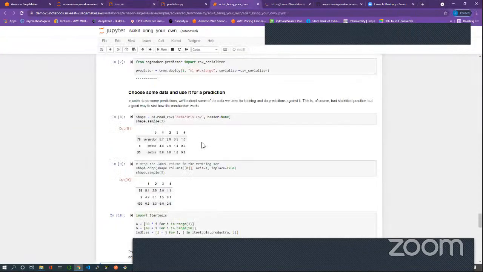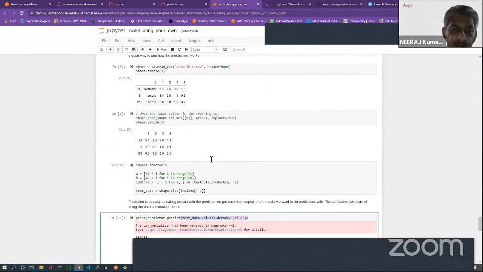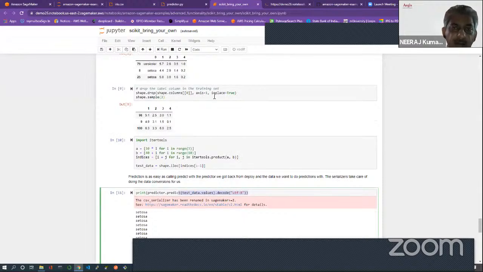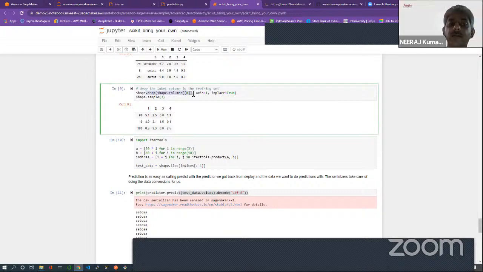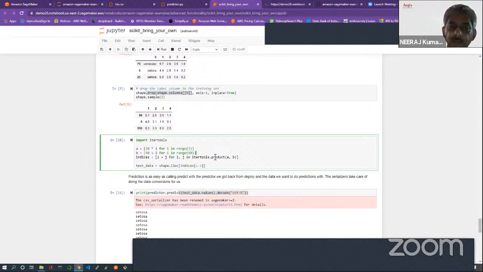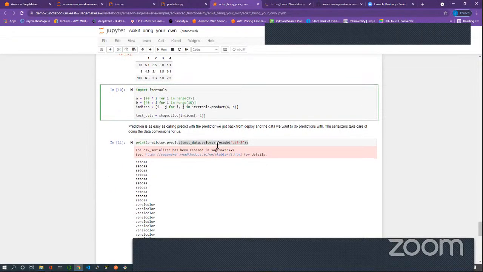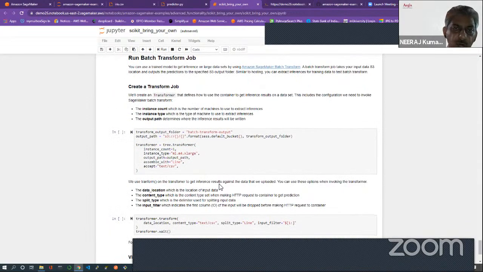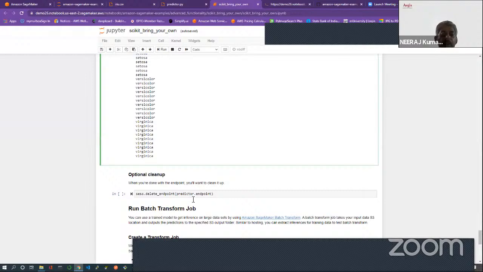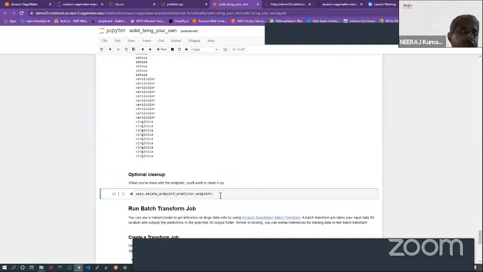But if you see in my script, when I created my test data, I have removed that. I have dropped the 0 column. I have dropped the label. Getting my point? Yes, sir. And then when I push it, I get this. Now, actually I want to show you something, but time doesn't permit. So I'm just deleting this endpoint, right? Because it's chargeable.